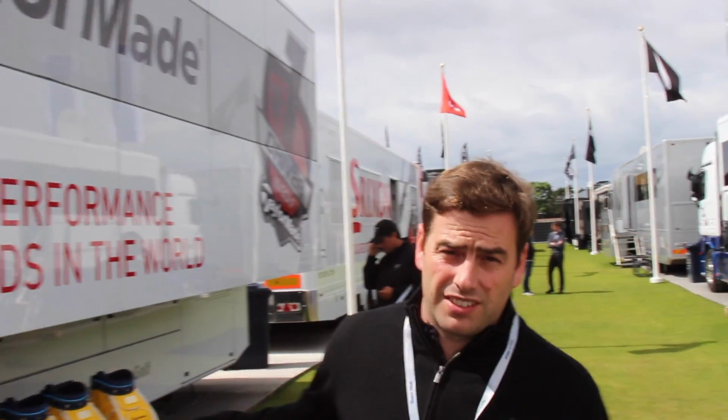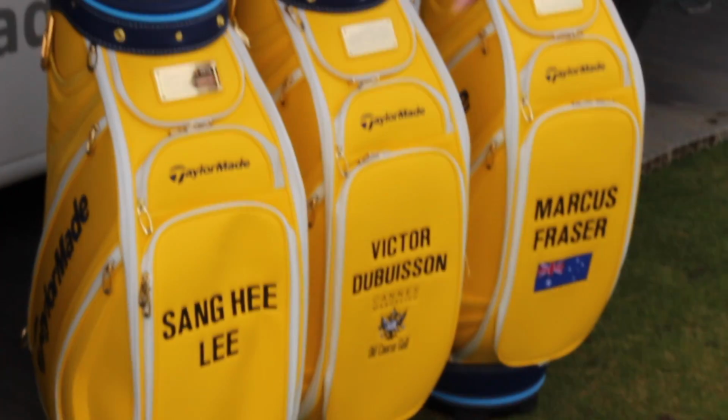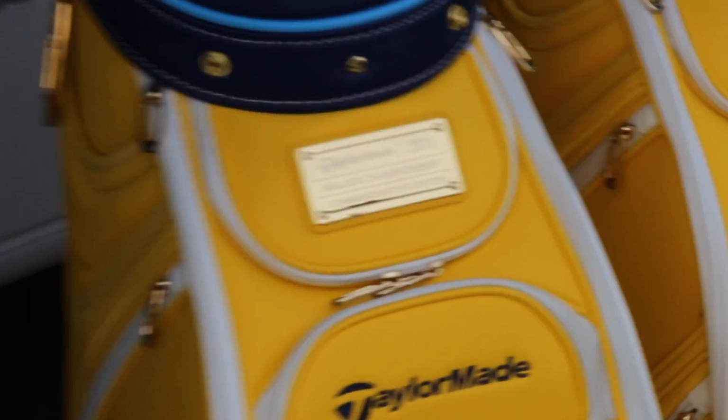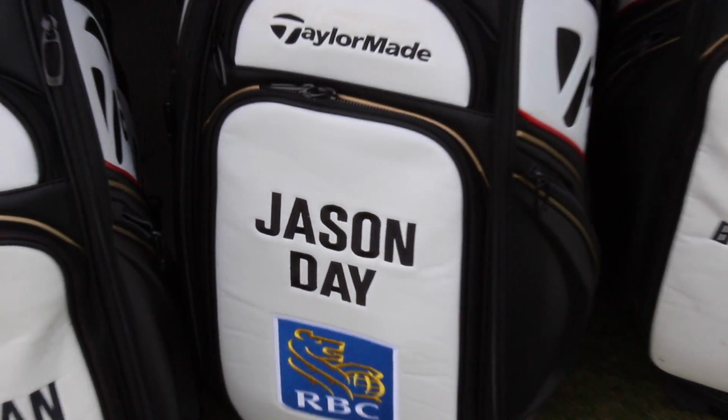Probably the busiest tour truck of this week will be this one here, which is the TaylorMade truck. They've got new bags for this week as well, new special bags. You can see here, 2016 Major Championship, Victor Dubuisson, Marcus Fraser. Obviously there's a player, that's probably the bag that he's just taken out, and he's probably got his new bag